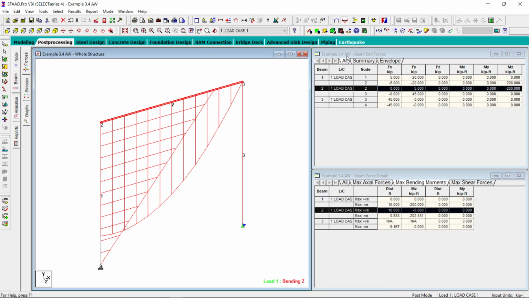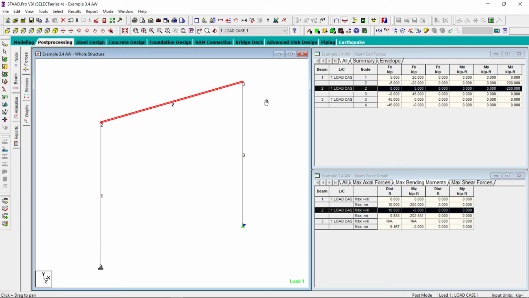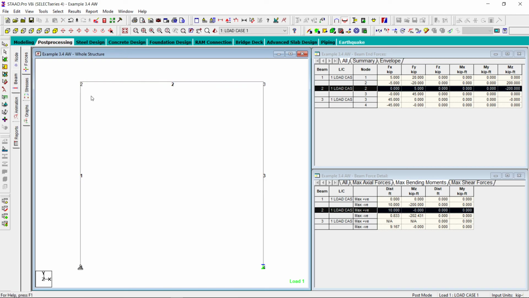And now I can say that we have completed the analysis, and we noticed that the values coming out from STAAD are matching exactly with the values given in the book. That means we can safely use STAAD. The second thing is that we learn here how to interpret the results, how to interpret the bending moment and shear force diagram. Hopefully you will appreciate this tutorial,